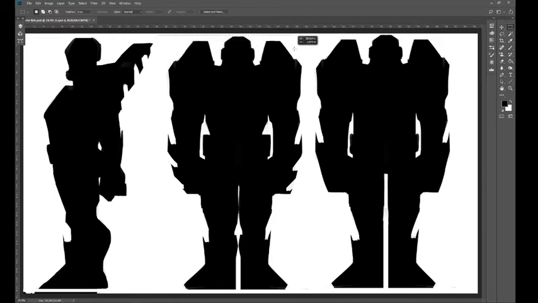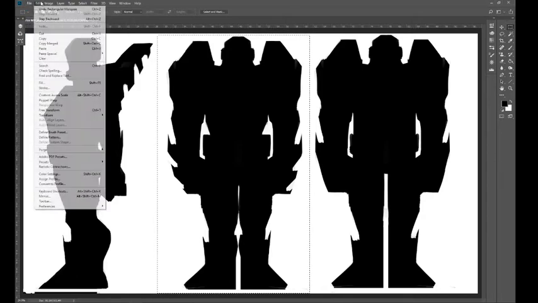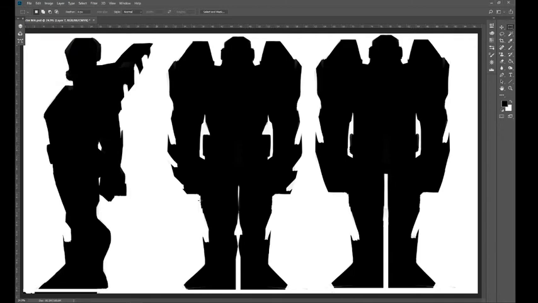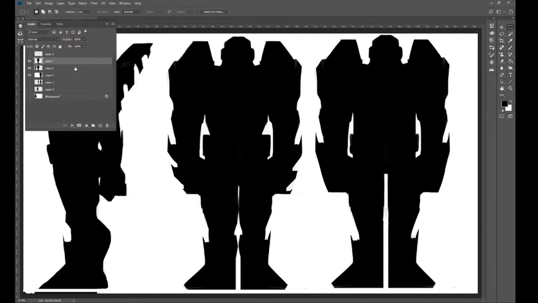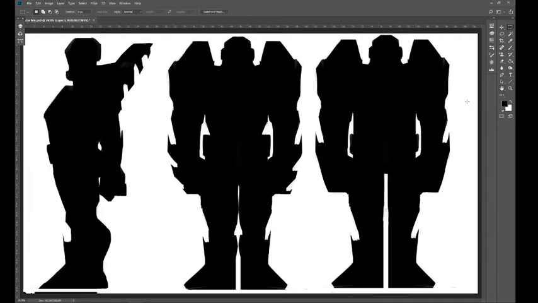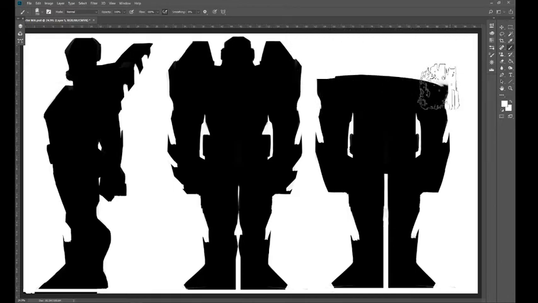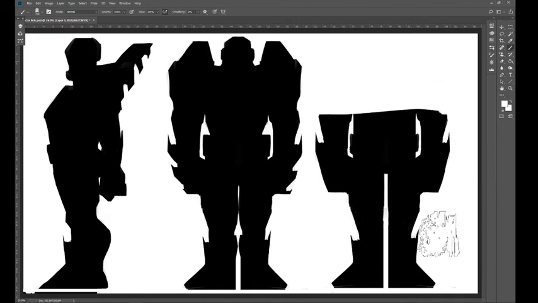So I'm gonna say I'm done tweaking this. Copy, paste. So that gives me the new layer. Awesome. But I need to go to this layer, and I'm just gonna do this. Wow, my computer is really dragging.